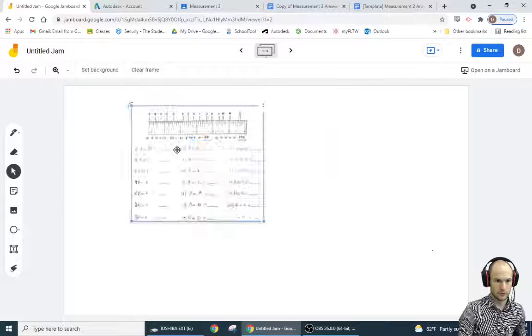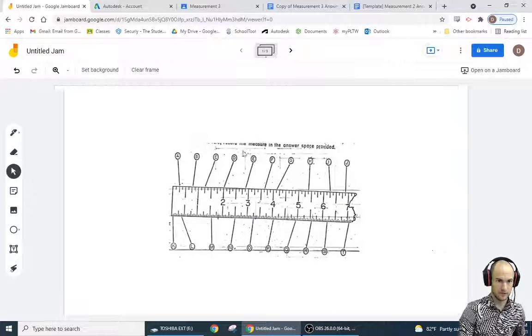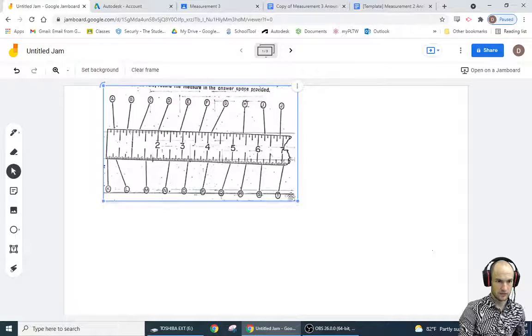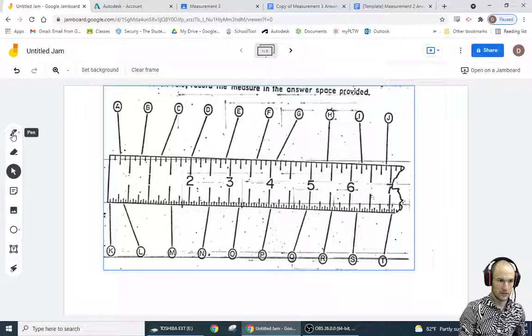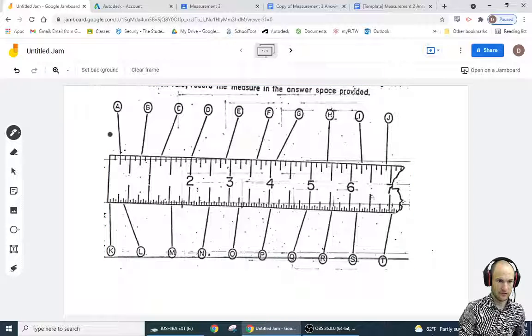Okie dokie, so I've been asked for some help with the measurements assignments, so I'm just going to come up here and do a couple. So this is for measurement 1. And basically what we have here is a ruler, and if we divided this ruler down the middle,